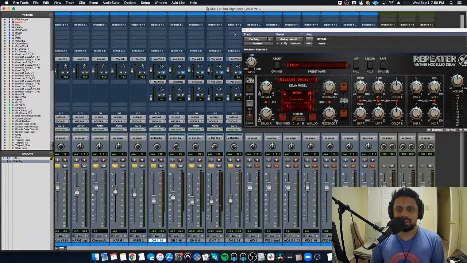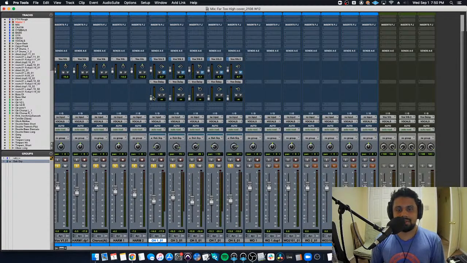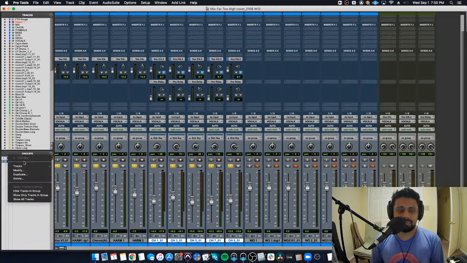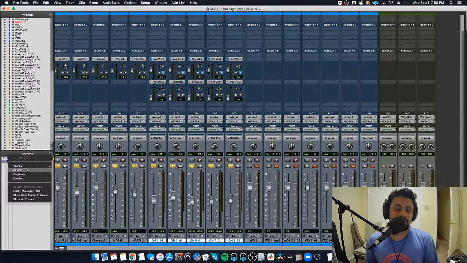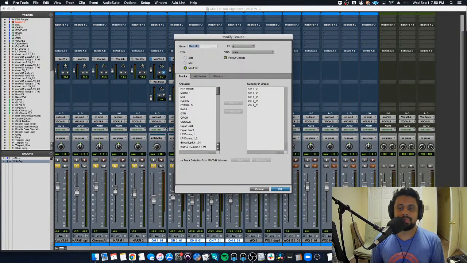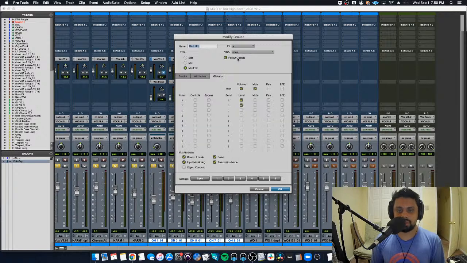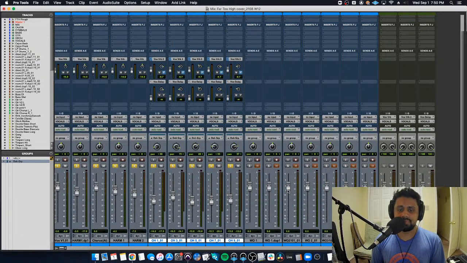So for some reason, the groups... So if you want to have... see how all these tracks are supposed to be in a group A. If you want to move all these faders, these send faders at the same time, you need to go into the group, right-click, modify. You can either do this in globals if it's following global attributes, and say, hey, I want you to be able to change the level of send C as well. And if you hit OK,